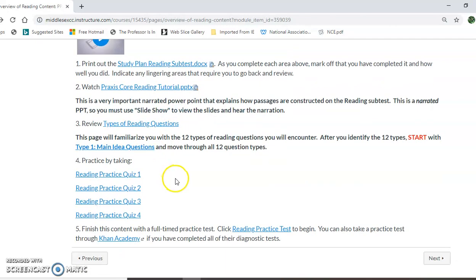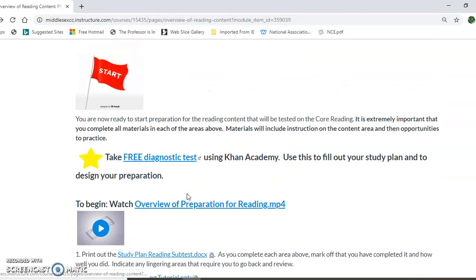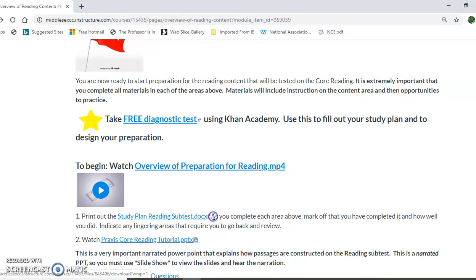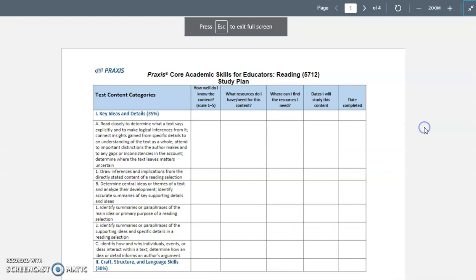Now, once you're done with that, it's best to go back to your study plan. So I'm going to reopen the study plan and start to reevaluate yourself in those different areas. You want to take a look at your scores here, your strong areas and areas that are a little bit more challenging for you, and you want to see if you're making improvement. So for example, are you able now to draw inferences and implications? Maybe this was a 2 when you first started studying. You want to make sure that you can turn this into a 4 or 5 so that you feel much stronger. So you want to continuously evaluate and reevaluate your skills so that you are completely sure that areas that needed attention were